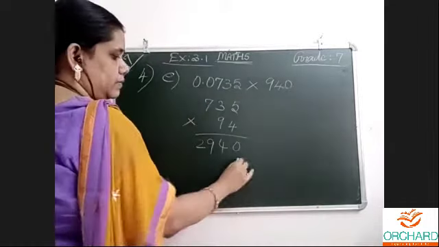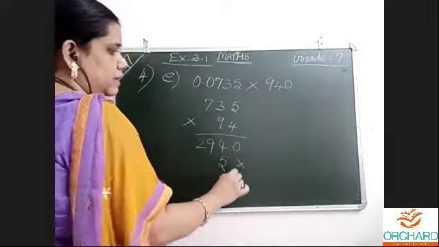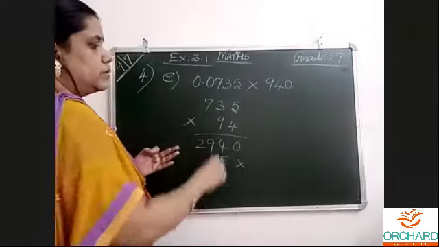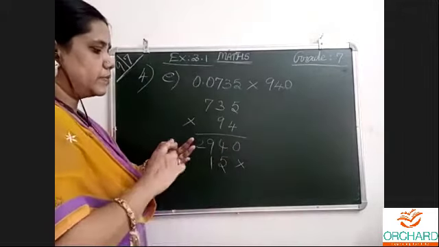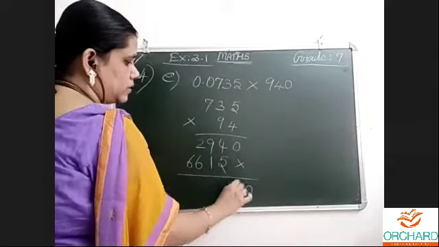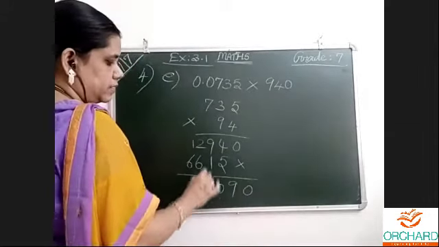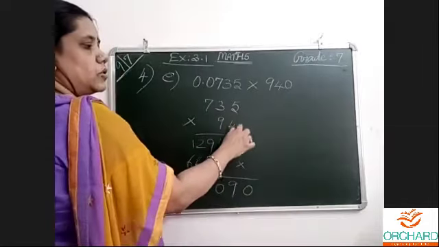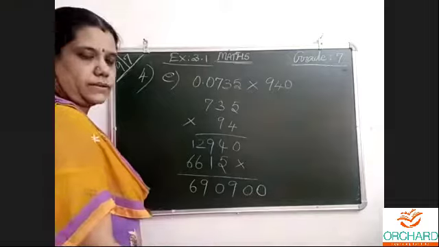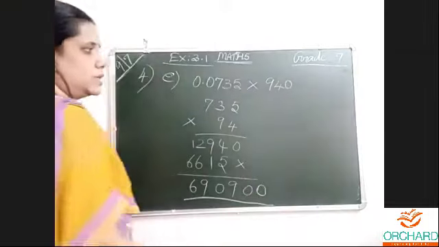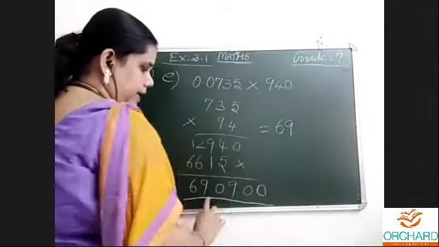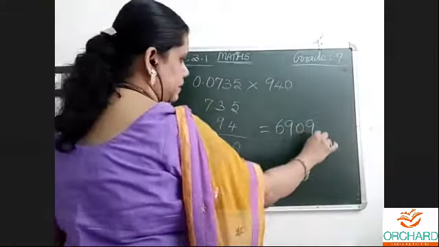Okay. Then 9 5s are 45, carried over 4. 9 3s are 27, 28, 29, 30, 31. Carried over 3. 9 7s are 63, 64, 65, 66. Then 0, then 9, 10, 0, 1, 9, 6. This 0, don't forget. This 940, I am adding that 0 here. After this, now only I am going to keep points. The answer is, first I'll write the number in big letters.